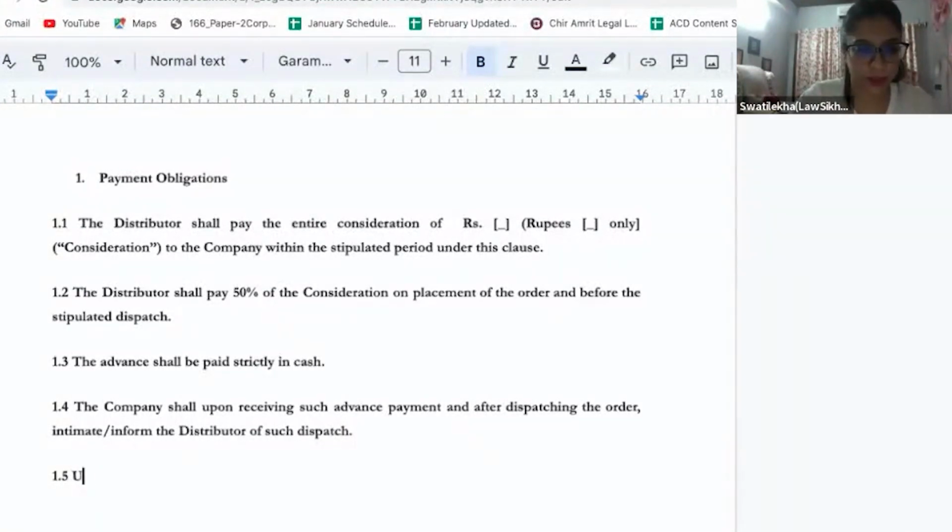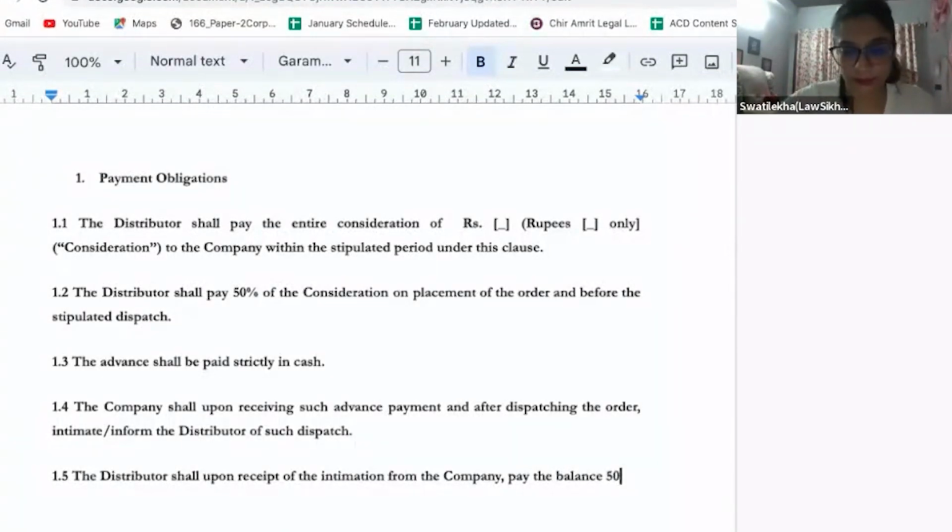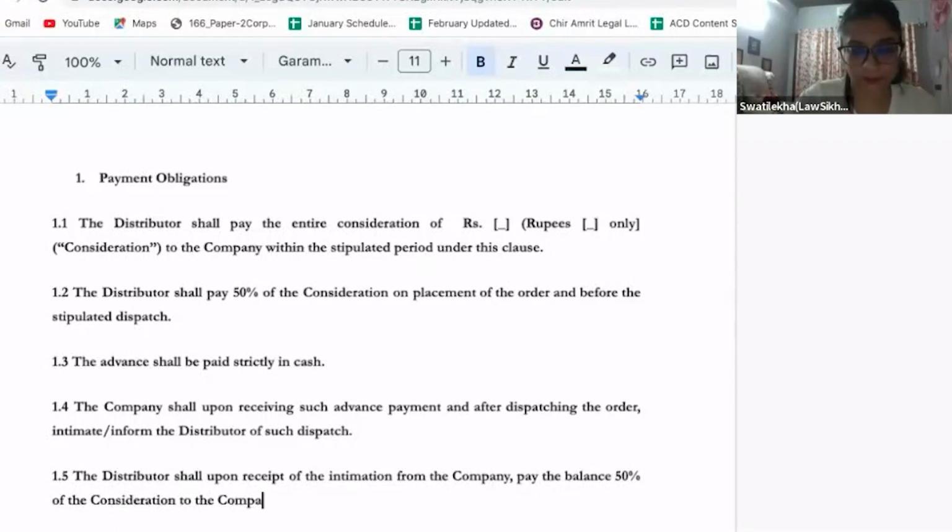Upon the distributor shall, upon receipt of the information from the company, pay the balance 50% of the consideration, which has been defined, right? Consideration to the company. Okay? Now, last point is